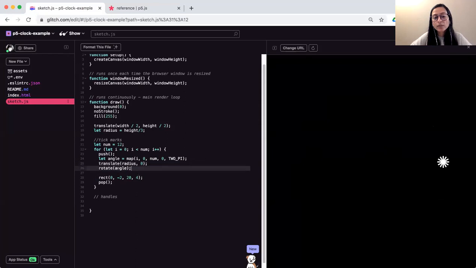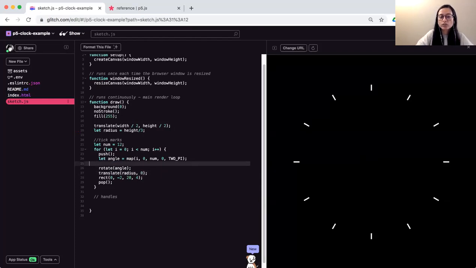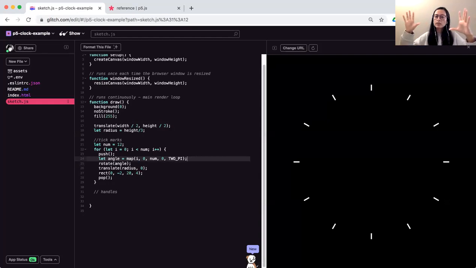Whereas if I am rotating first, each of them will first be rotated and then translated to a certain position, which is why we can see them spread out at different locations, instead of the whole cluster of tick marks just rotating from one origin point. So the order is important, and I just wanted to make a note of that. Anywho,